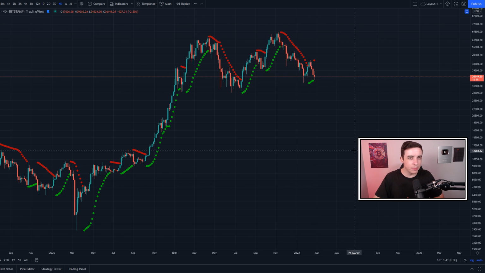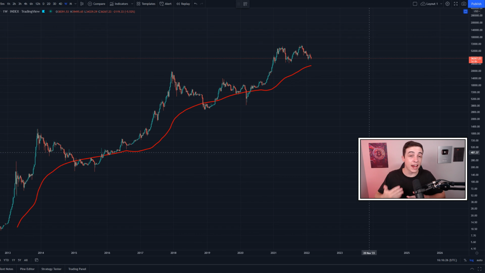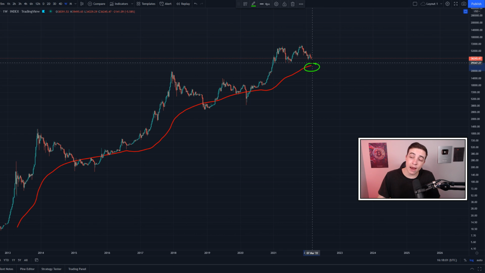So it will definitely be interesting to see how this plays out now that we're technically in the red on this indicator. And I'll quickly bring up this chart again for anyone that missed it. And this right here is the weekly time frame for Bitcoin, showing the 1,000-day simple moving average. And what this moving average shows us is basically the worst case scenario for Bitcoin. If we do play out all of the bearish scenarios, then a drop down towards this moving average could be